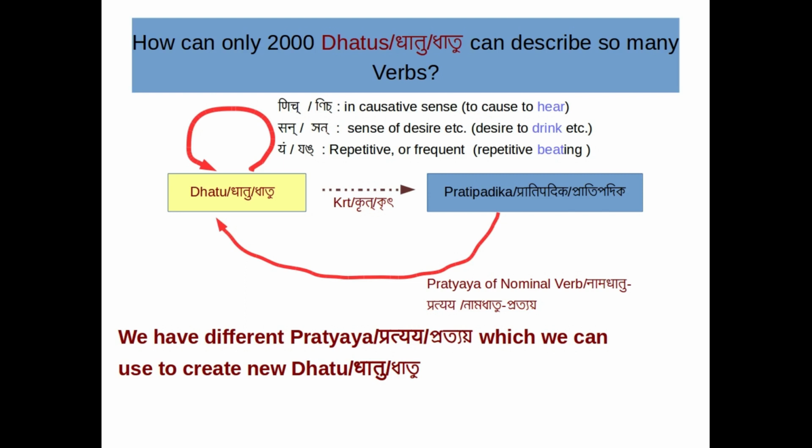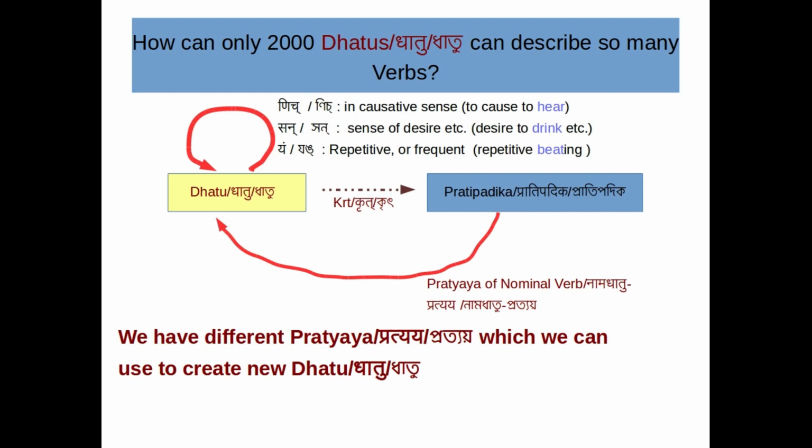For example, nich pratyaya can be applied to a dhatu to impart the meaning in causative sense. That means, if we take the dhatu corresponding to the action hearing, and if we want to describe to cause to hear, then we can apply nich pratyaya on the dhatu and get a new dhatu which will mean to cause to hear. Similarly, there is another pratyaya, san pratyaya, which